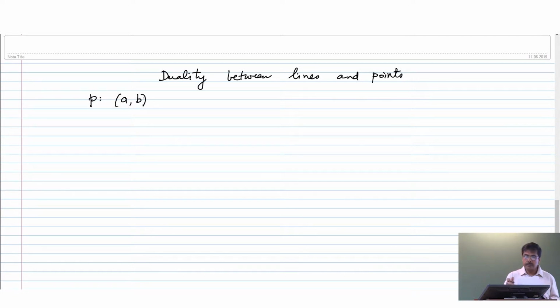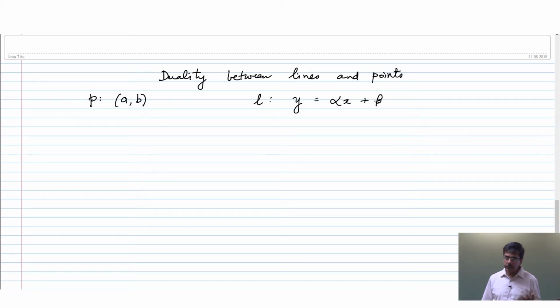And here is a line L, which has the equation y = αx + β. So this is your slope-intercept equation, and here is a point P. Intuitively, both are defined by 2 parameters. A point has 2 parameters and a line also has 2 parameters, and therefore we will be able to define this transformation